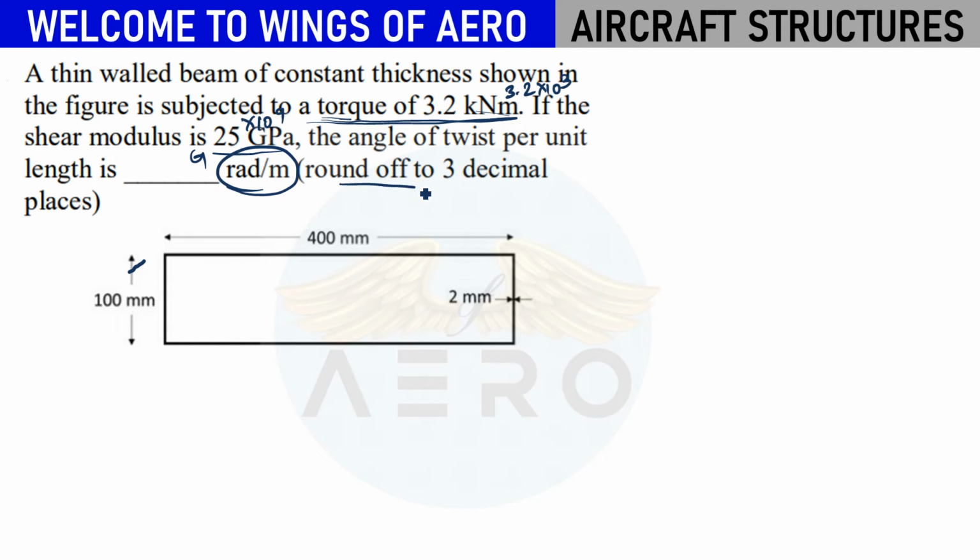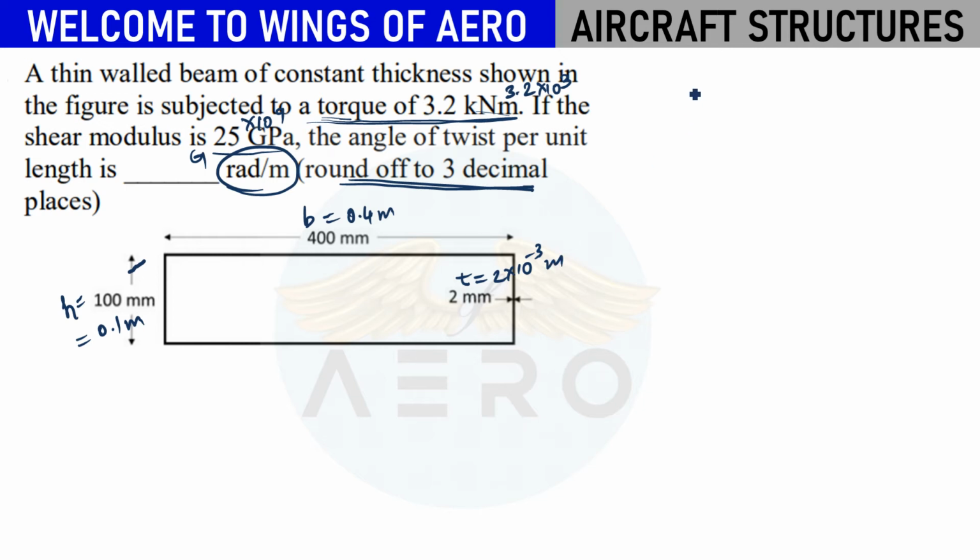So this is also a very important thing in the question. They will give you how many decimal places, or whether it is rounded off to integers. You have to be very careful about it. Now in this problem they have given this figure. From here you can find the thickness. Thickness remains constant. Now H becomes 10 and B becomes 40 mm. Now you can directly convert mm to meter, that is 0.1 meter, and this is 0.4 meter, and this is 2 into 10 power 3 meter.